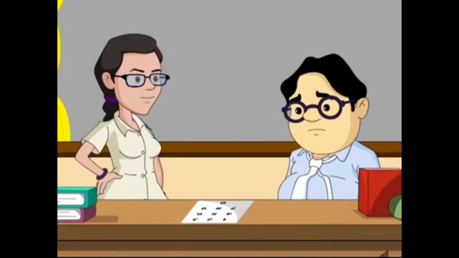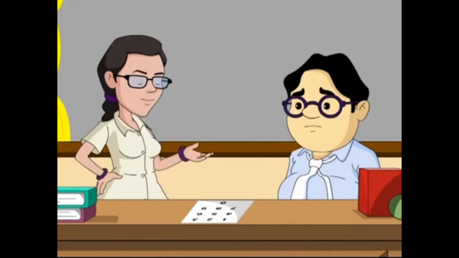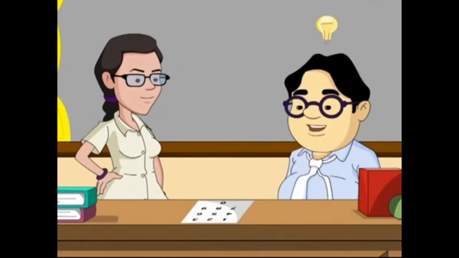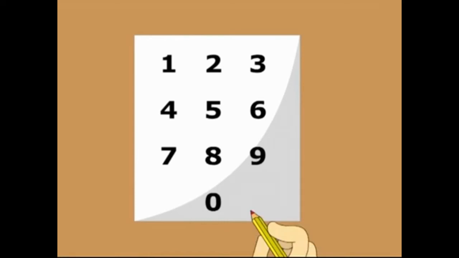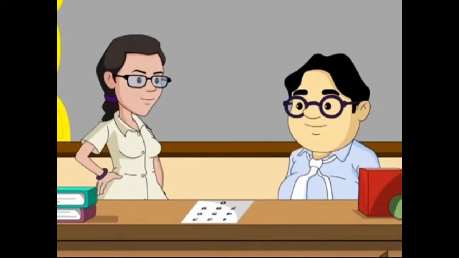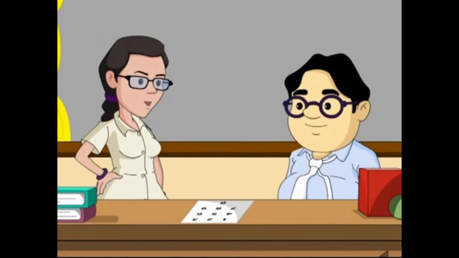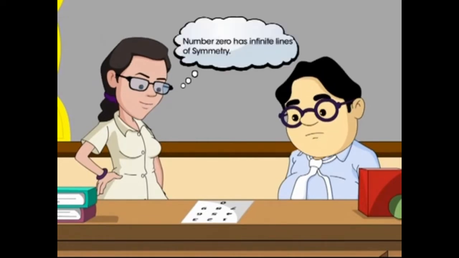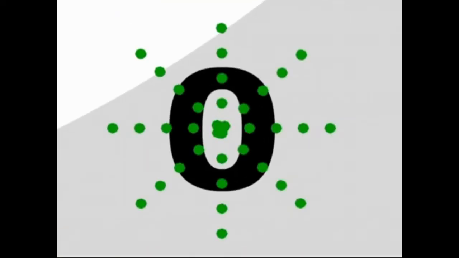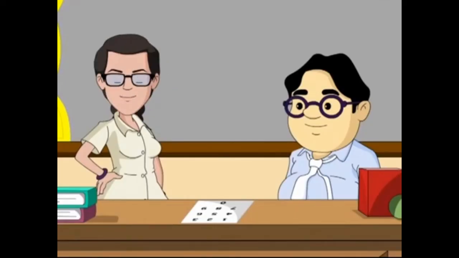Another test. I hate tests. Oh, it's so easy, Snail. Come on. Think fast. Think like a super computer. Oh yes, I know. Good. Then tell me. It's 1, 3 and 8. Yes. Right. Now look again. Aren't you missing any number? No. Oh, you missed 0. See? It has infinite lines of symmetry. Oh yes. I thought that is too obvious. You should be knowing it. Snail? Snail will be snail always.